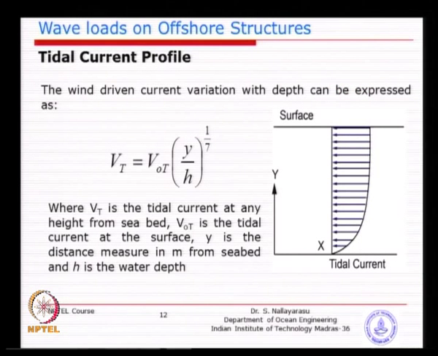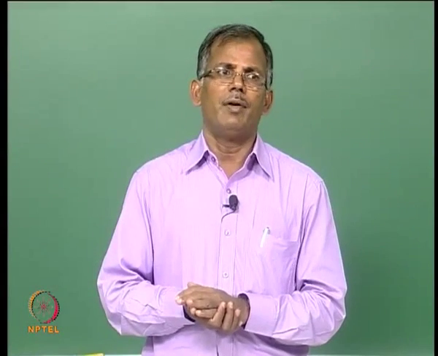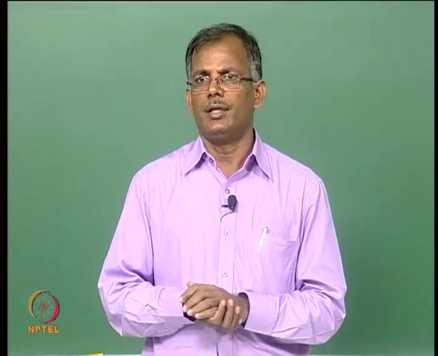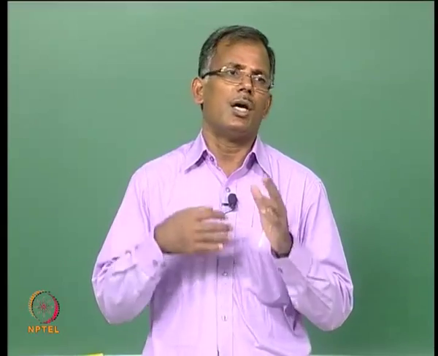The next one is the current. Wherever you go you will have sea current, and basically these sea currents are the cause of several issues, I would say. For example, a simple sea current could be caused by wind, just as waves are generated by the wind. The surface current could be produced by wind dragging shear on the surface of the water. So, the first one is the wind.